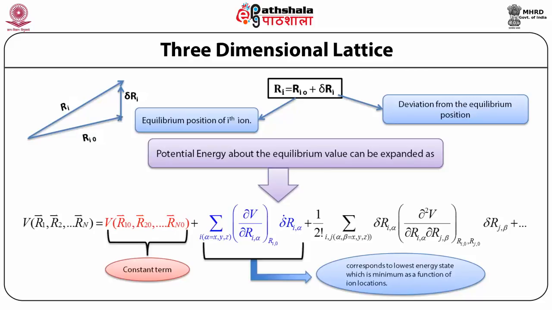And then the third term is the so-called harmonic term, which contains the second partial derivatives of the potential. So the first term, again I repeat, is the constant term, and the second term corresponds to the lowest energy state, which is a minimum as a function of the ion locations. Now remember that this second term, which I just mentioned, is linear and basically becomes zero. Why does it become zero? It vanishes due to the fact that the net force on any ion is zero in equilibrium, which is very normal to expect, and hence the first non-zero